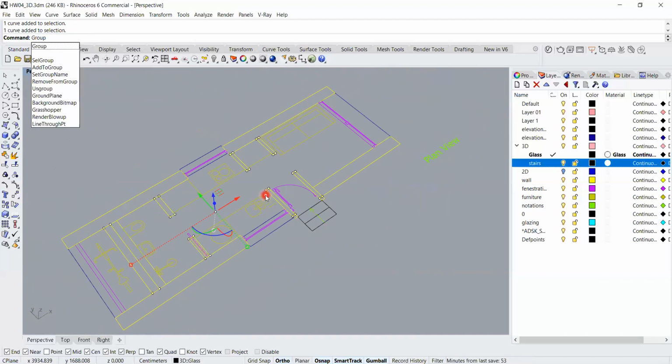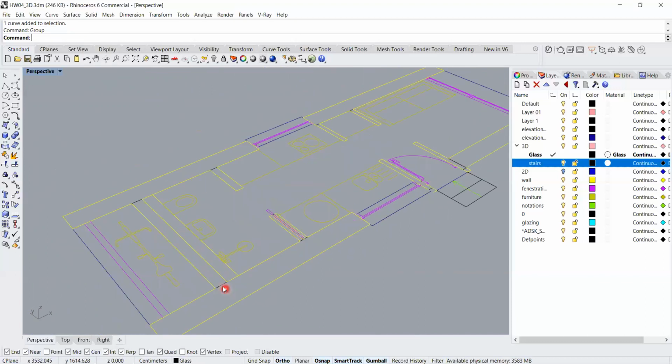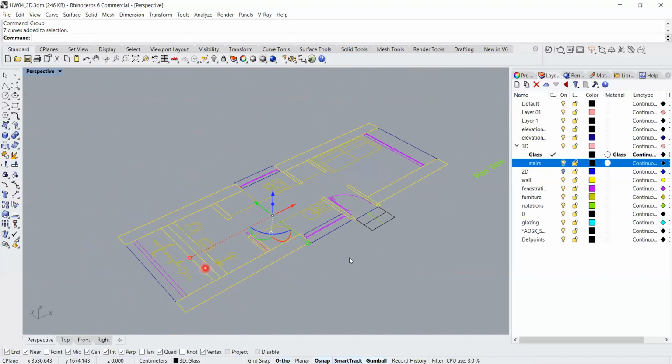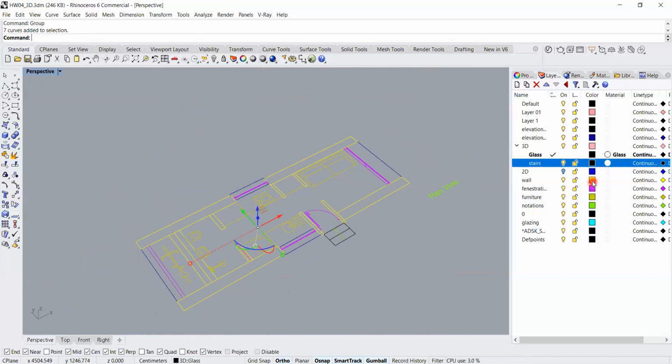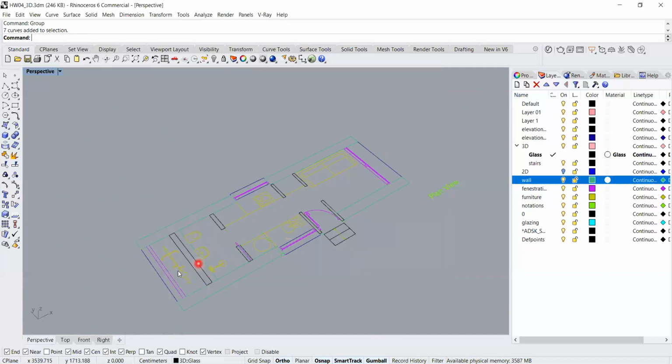because selecting them one by one is a bit difficult all the time. So I just made them groups. So maybe I can change the color of the walls, because the selection color in Rhino is yellow, so maybe we can change the color to something else. So you see,